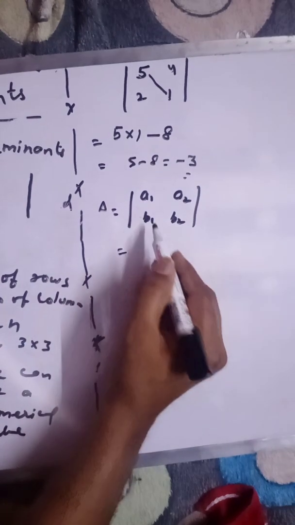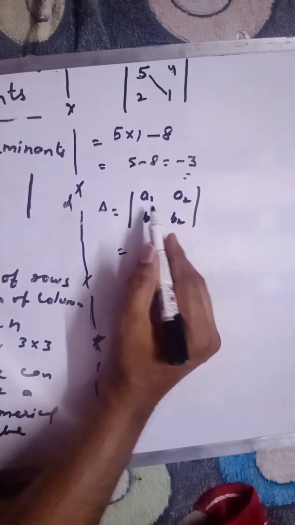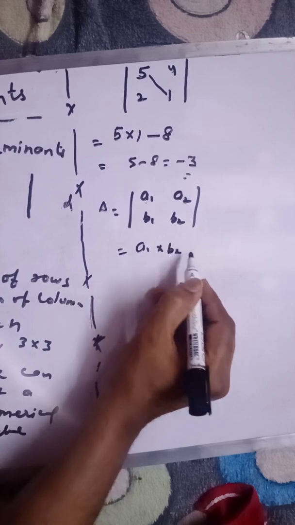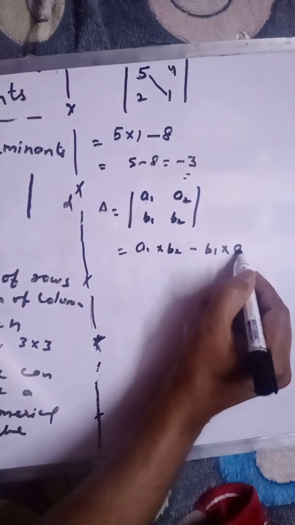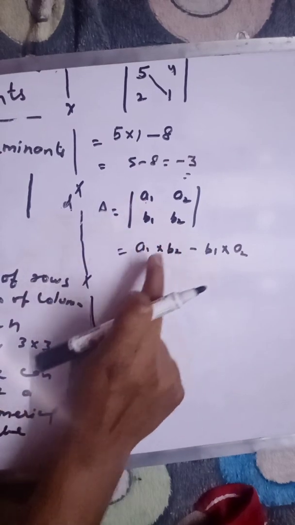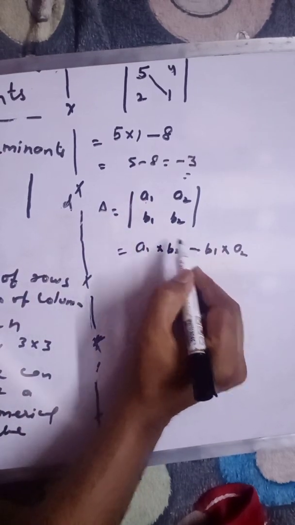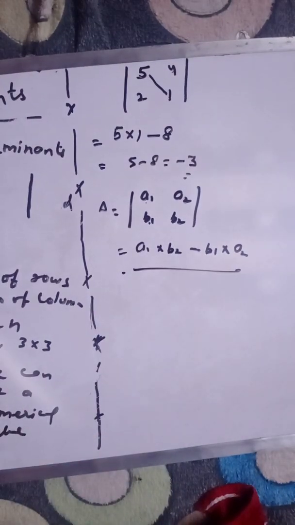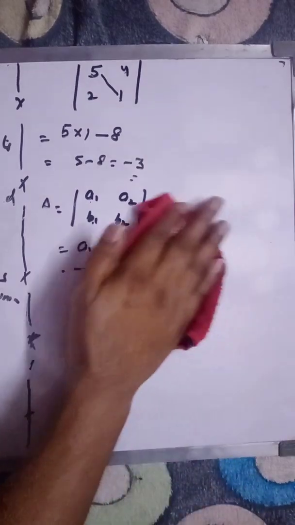If we have to find out the value of this, what you have to do is multiply A1 into B2 minus B1 into A2. You have to multiply this element with this element like this, then the negative sign, then this into this. So after solving this, you can evaluate the determinants whose order is 2 by 2. Fine. Now, if we want to evaluate the determinants whose order is 3 by 3,